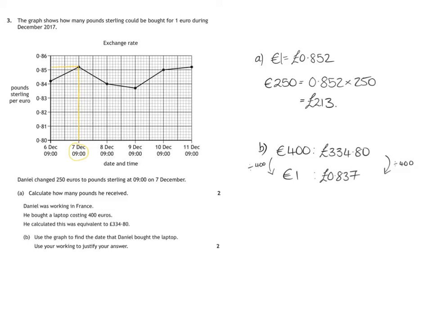So now we need to look at our graph and find 0.837. So that's going to be here. If I go along to here, I can see this is this point here, and I can go down, and I can say that Daniel bought his laptop